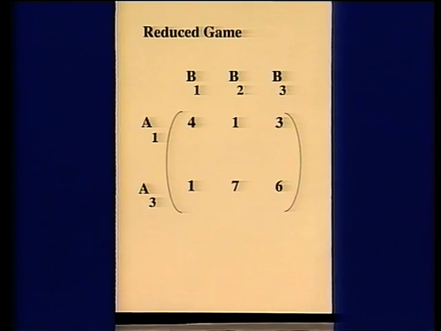What we're able to do is to take out from the game the course of action which A will not pursue, namely A2. And the reduced matrix we see here shows what happens when that strategy is deleted. We now have a matrix which has 2 rows. And if there is no saddle point, the next best thing is to get a matrix with either 2 rows or 2 columns by deleting one or more of the strategies available to one of the players.